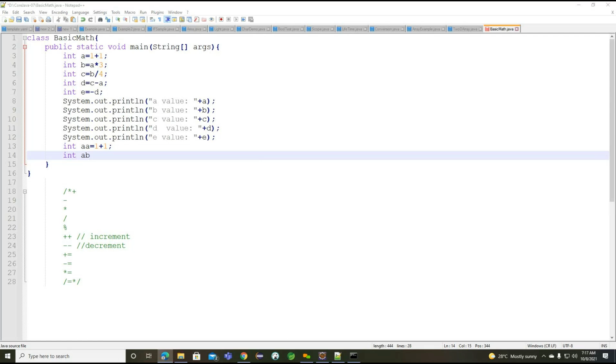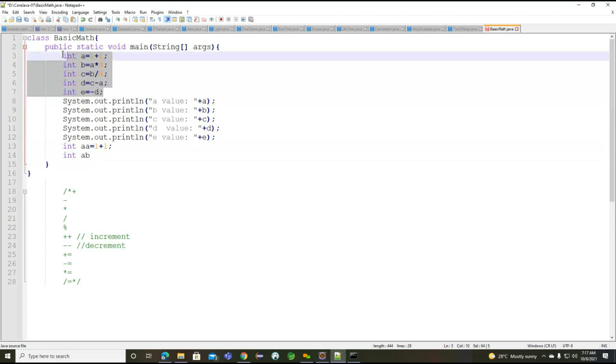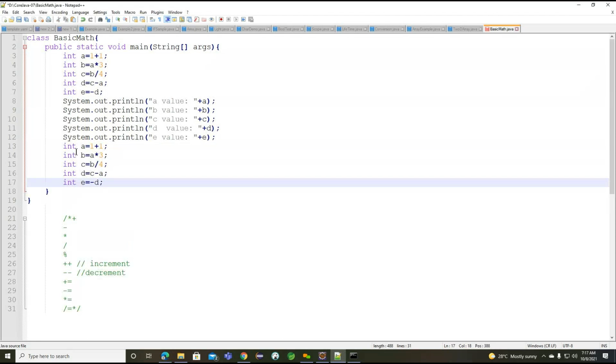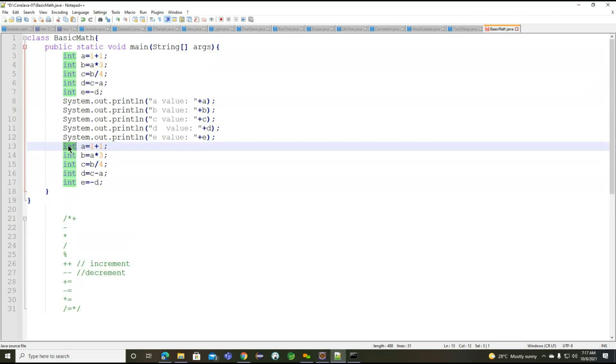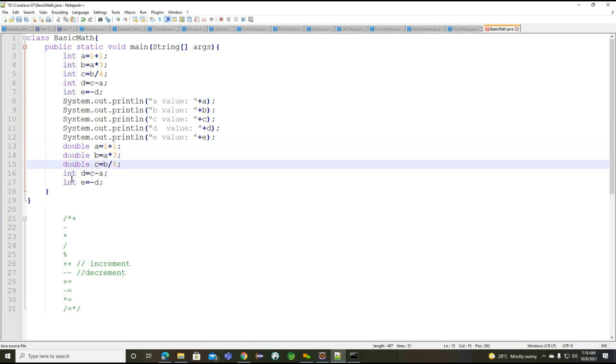okay, so instead of working on the same here, we'll try to change the values. So instead of int here, now I want to move to double here. I want to change to double here.